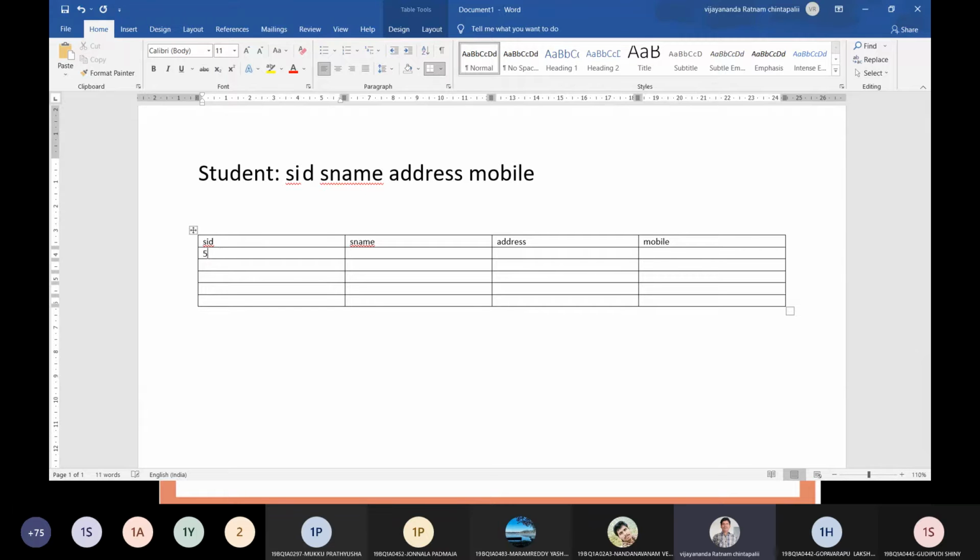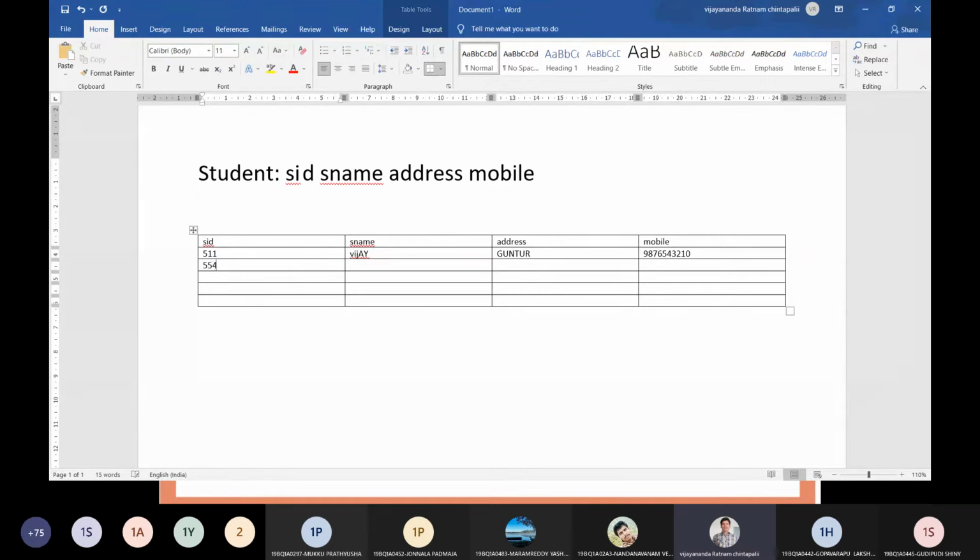Suppose the student ID is 511 and his name is Vijay. His address is Guntur. His mobile number is 9876543. Suppose next I want to represent another student's information.